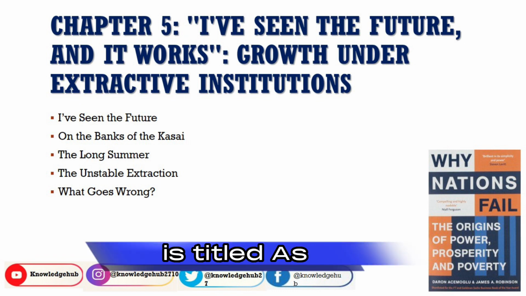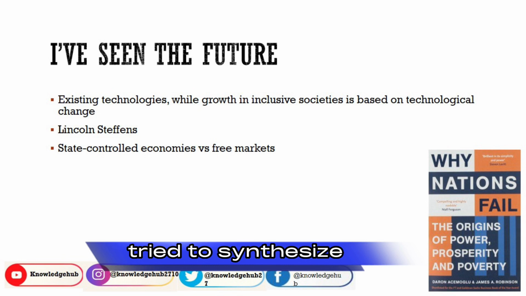Chapter number 5 is titled I Have Seen the Future, and it covers growth under extractive institutions. It has been divided into 5 sections: I Have Seen the Future, On the Banks of Kasai, The Long Summer, The Unstable Extraction, and What Goes Wrong. First section, I Have Seen the Future. In this section, the authors tried to synthesize an argument that most societies have had extractive economic and political institutions,